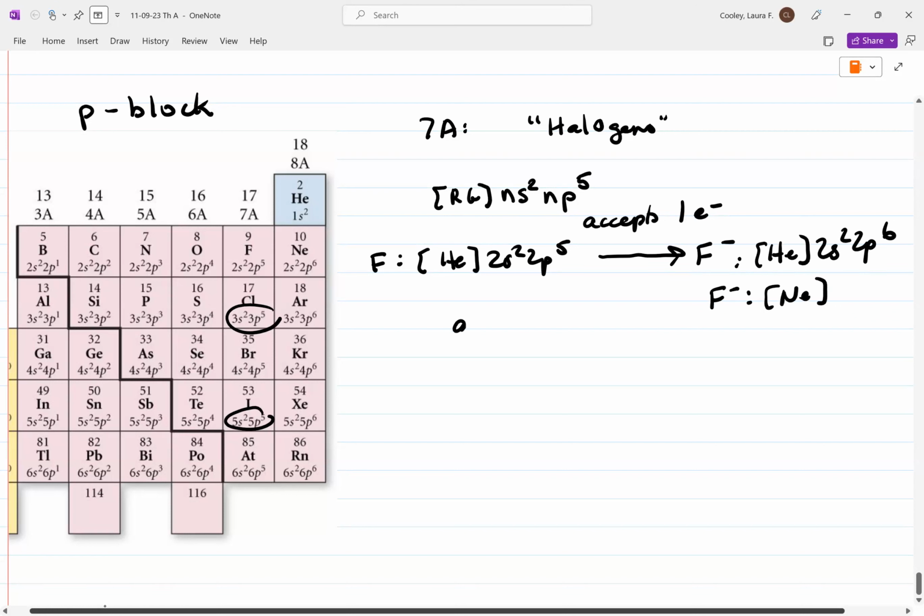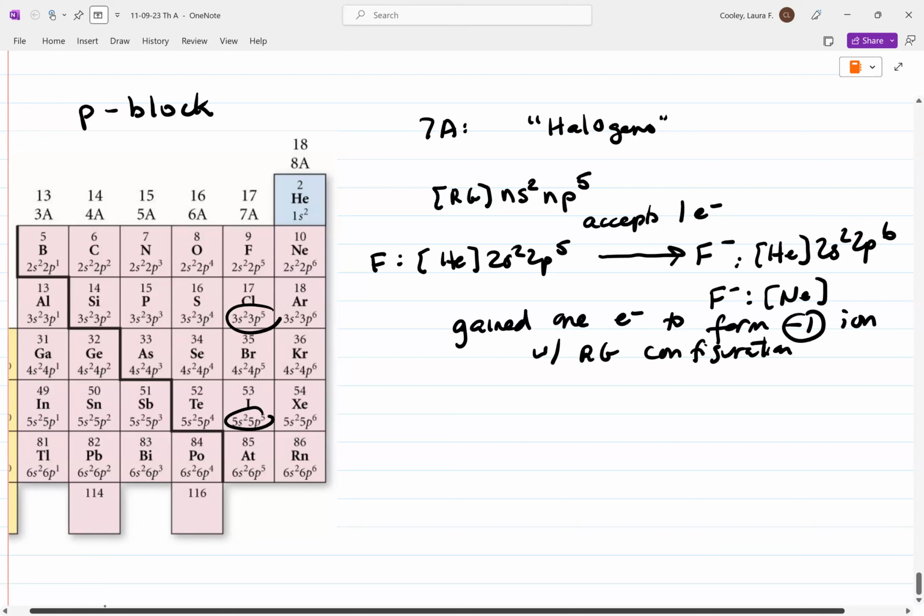So again, it's gained 1 electron to form a -1 ion with a rare gas configuration. That's Ne, okay? And every single element in that column, in that family, does that. If I take Cl, that's neon 3s2, 3p5. It accepts 1 electron to form chlorine with a negative charge, which is